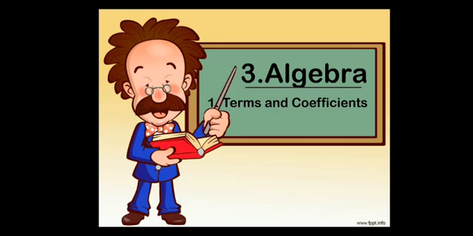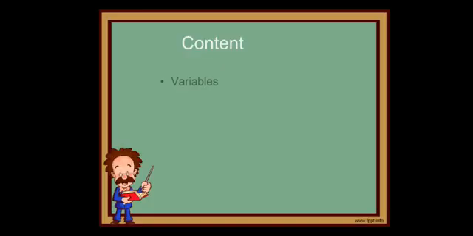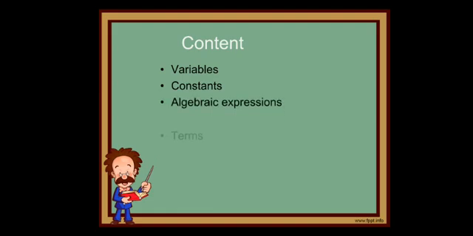So, in this video we are going to start a new chapter, algebra, which is the third unit in your 7th standard volume 1 textbook. Till now we have learnt about the second unit, measurement. All the 5 videos which we have uploaded earlier are about the second unit, measurement. From this video we are going to start learning the new chapter, algebra. In this video we are going to learn what are variables, constants, algebraic expressions, terms and coefficients.